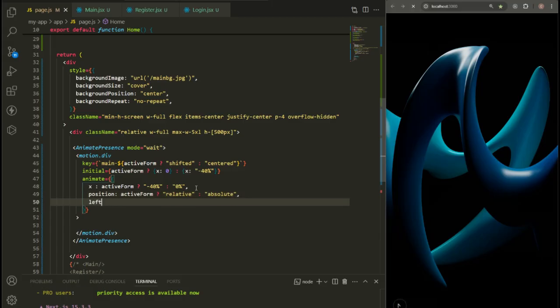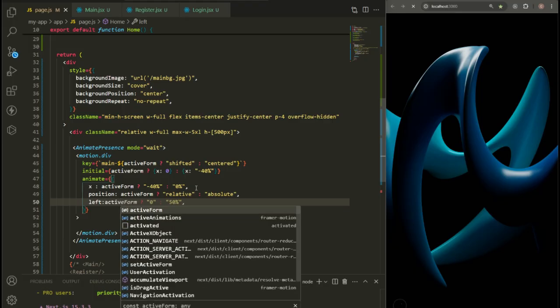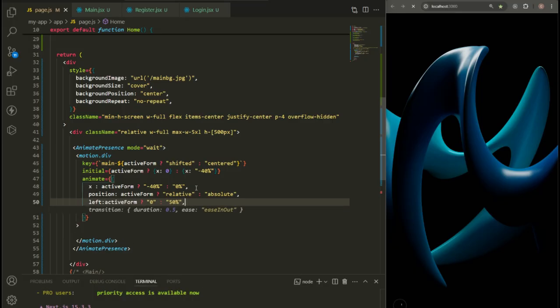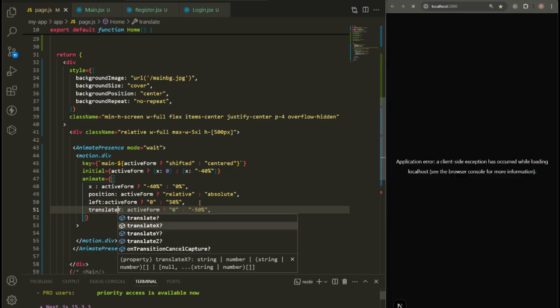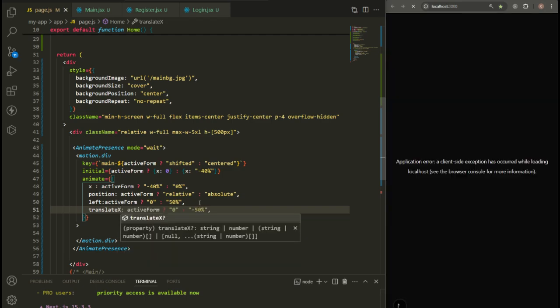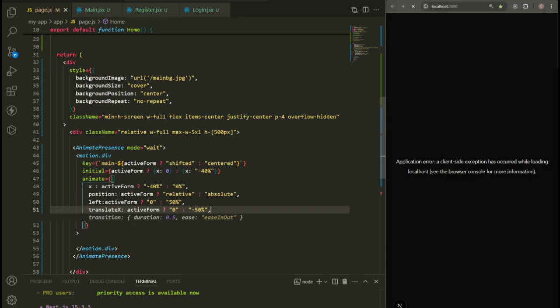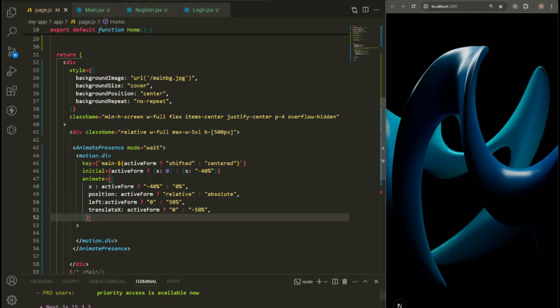Then left, active form, and if active form is true, then have 0. If active form is false, then we'll have 50%. And the last one is translate x, and we'll have, if active form is true, then 0. If it's not true, then minus 50. When that is done, now